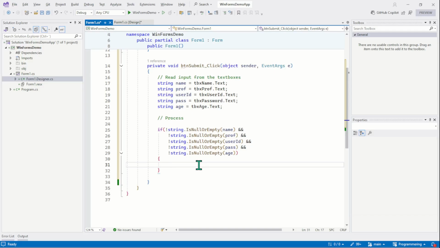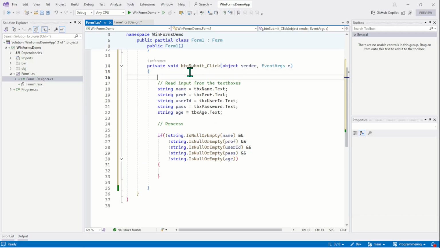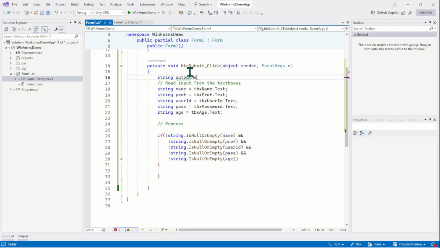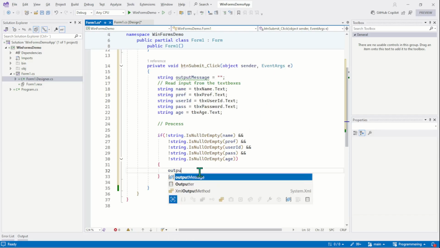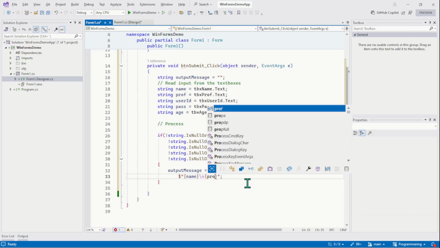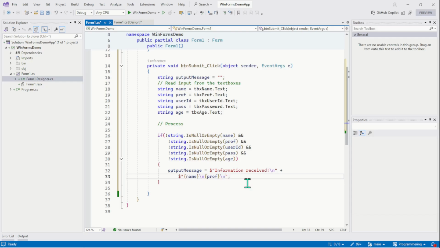And in this case, we can build an output string. So let's just have a string variable inside the event method, output message, which is empty. And now we can build this output message. Information received. And now we will provide name, new line, profession, new line,